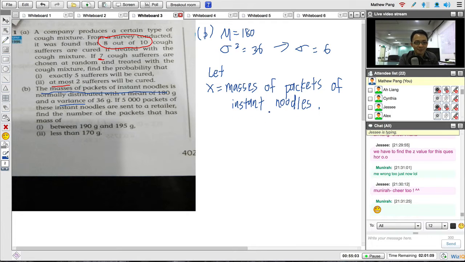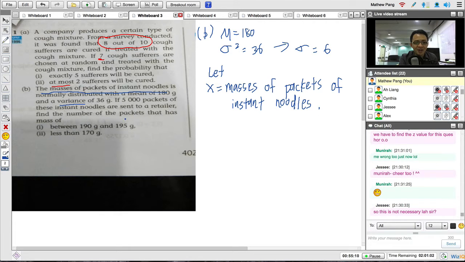Now they want to find what? Find the number of packages that have the mass between 190 gram and 195 gram. So you know the mass of the instant noodle is X, because at the beginning you let X equal to the mass of the instant noodle already. So they want to find the instant noodle whose mass should be between 190 and 195. Roughly you will get something like this. I want to find the number, right? So first I need to find the percentage. So I will find the probability. The X should be between